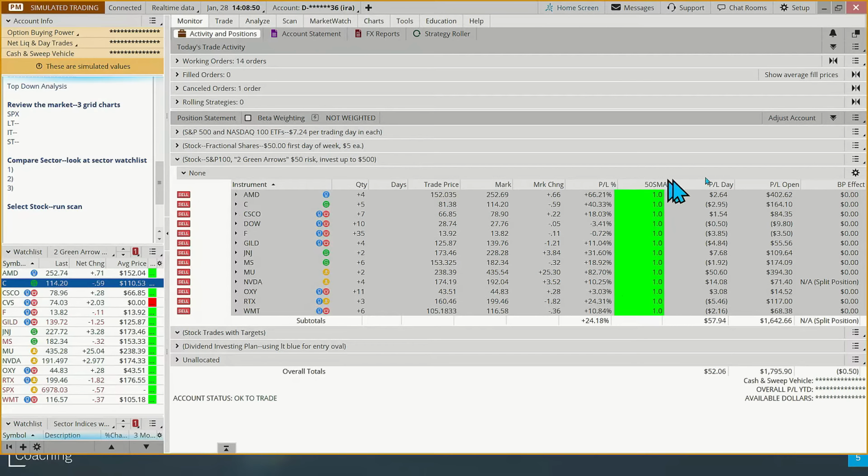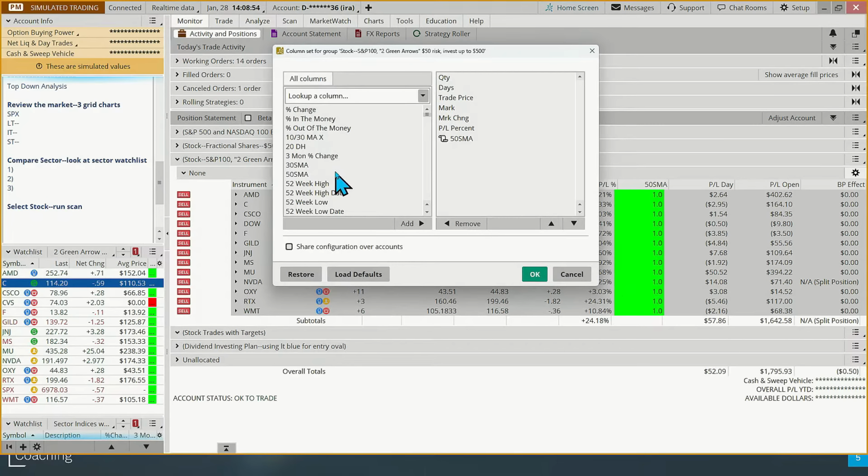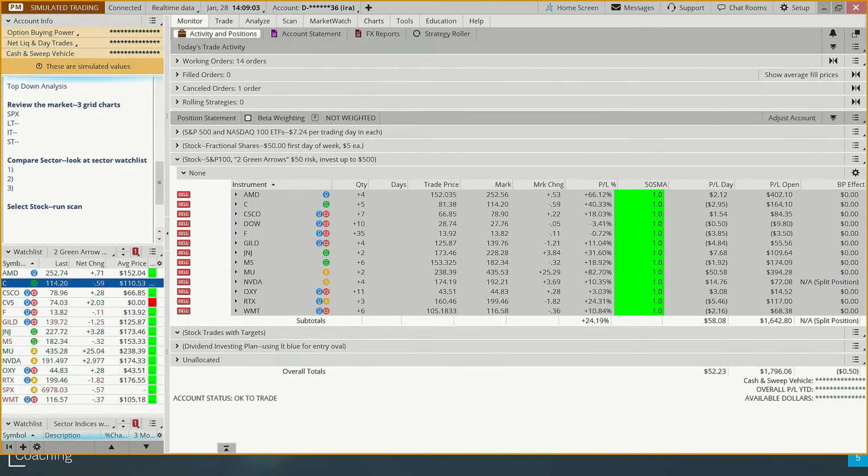Go to the monitor tab, click on the little gear, and then if you save that script, maybe I'll show you how to do that. It'll show up in your columns over here. It should be 50 SMA. And I'm just going to go in the chat and grab the script that I posted in here. So it's the one, here's the column header for the monitor page. So I'm just going to copy that